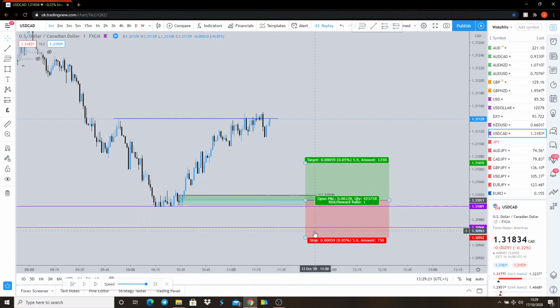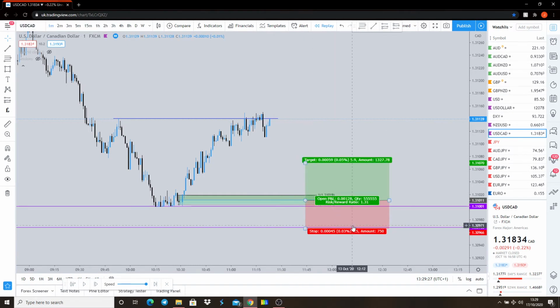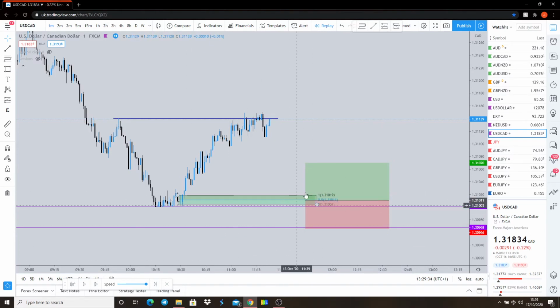So in this case, I decided, even though it was a lot bigger, I was going to set my stop loss underneath. But it's almost a 5 pip stop loss, it's not great, but when we look at the targets, you'll see why I still took it. It's just to be safe in this sort of circumstance.